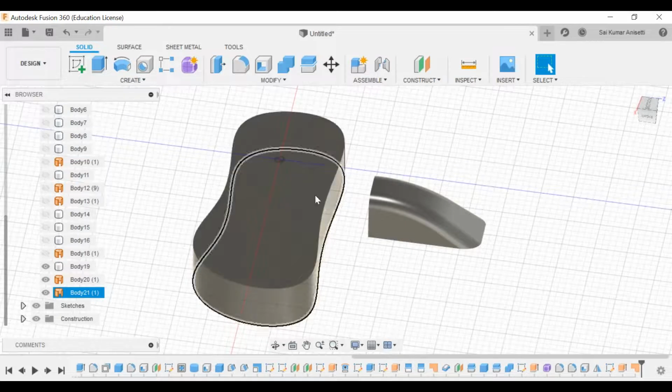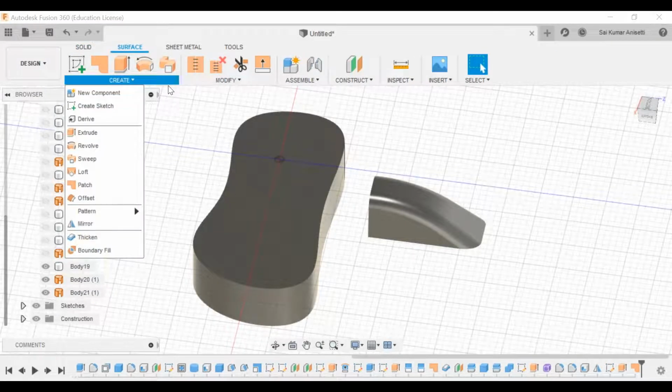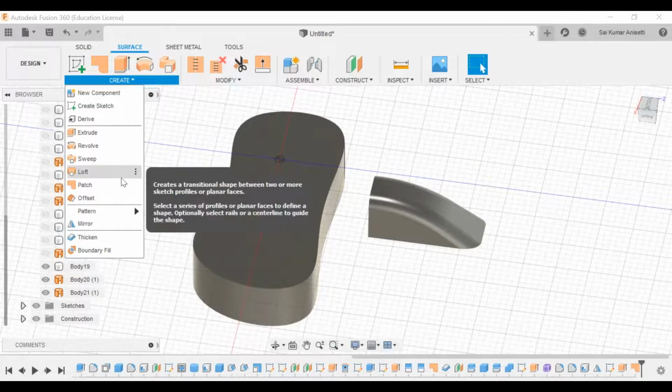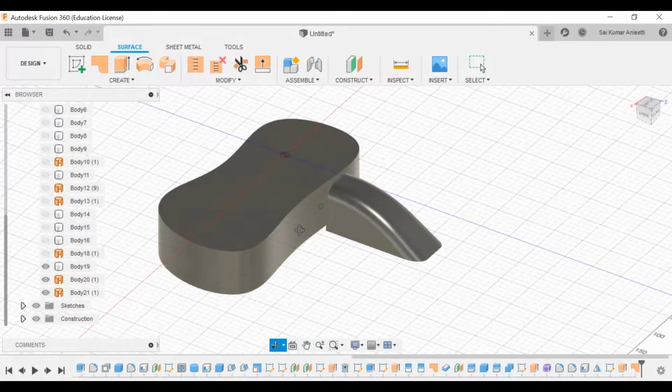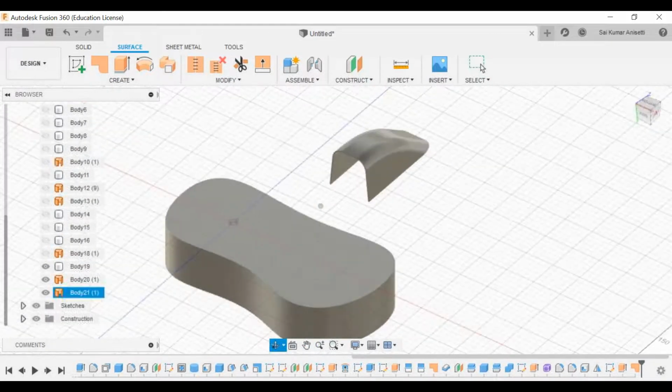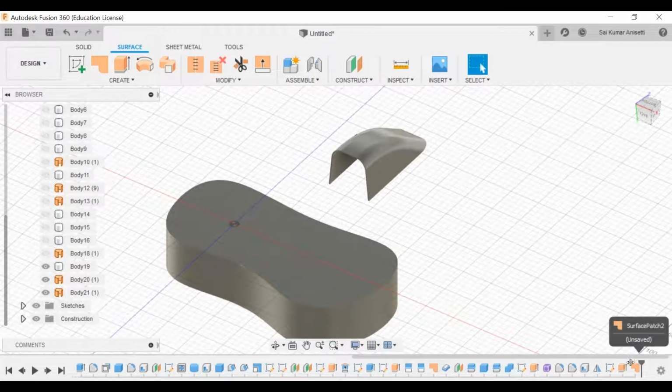And go to surface design, and you have sweep, loft, and everything. See, loft, I have explained in the last class, just like your 3D model. You have different shapes. For example, let me construct another. Just go to previous step.